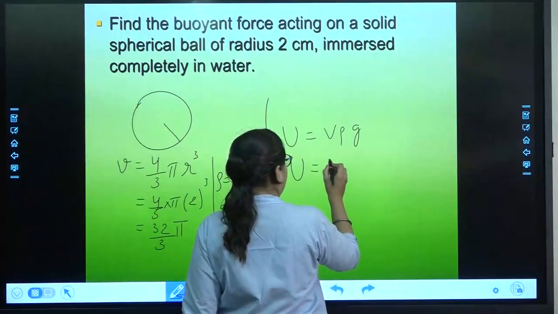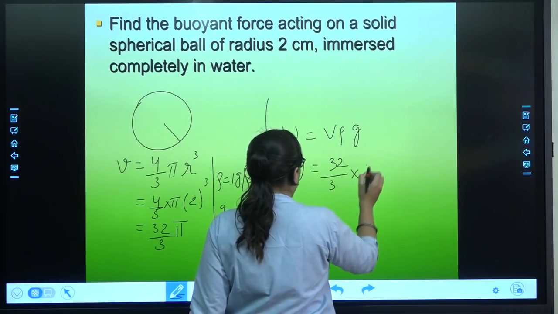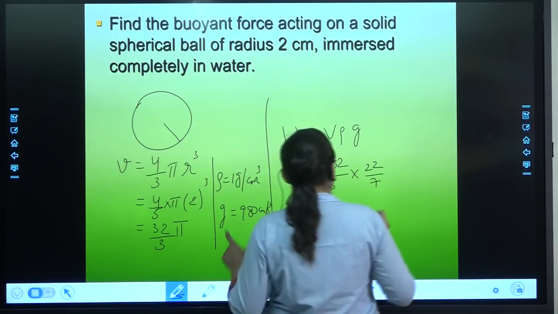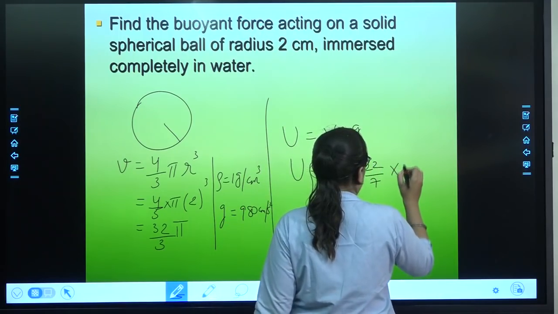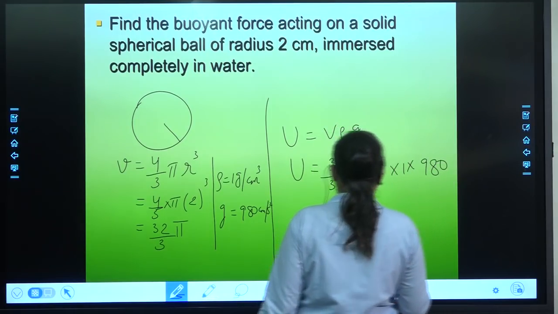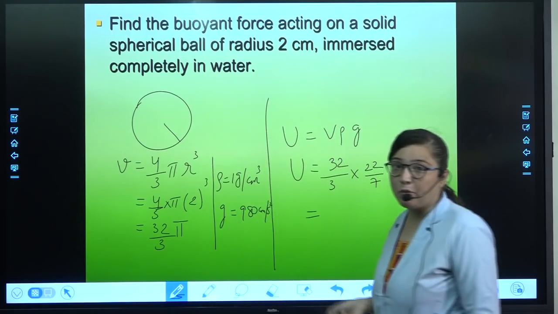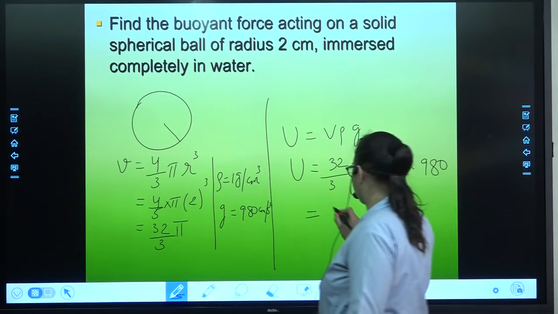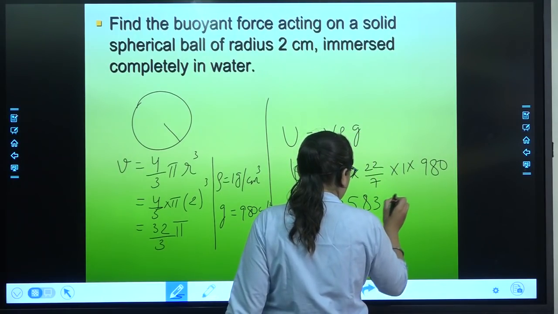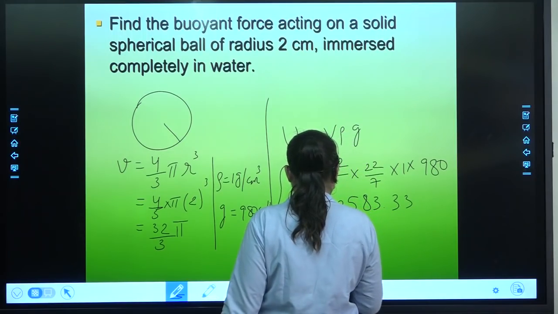It will be 32 upon 3 into pi, which is 22 by 7, putting the value of G as 980, and if you solve it, you'll get 3258.33,